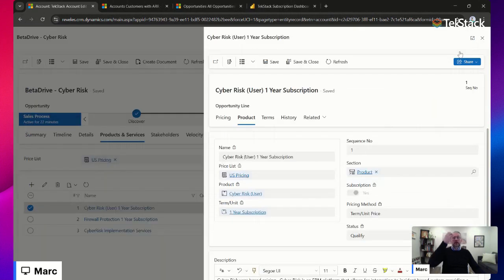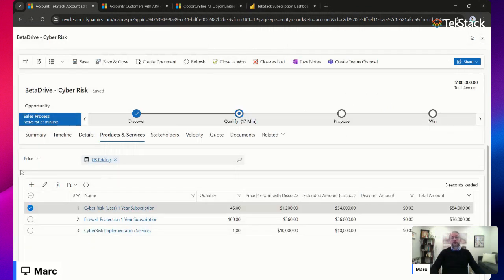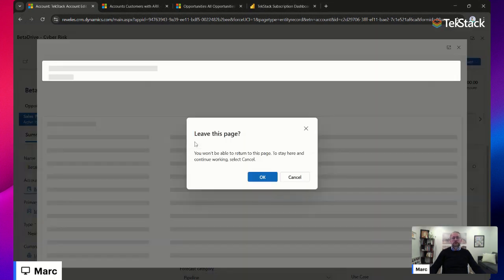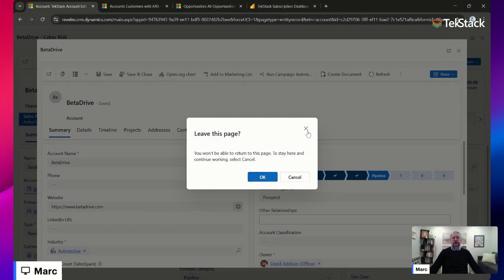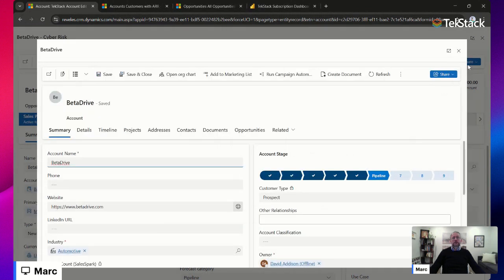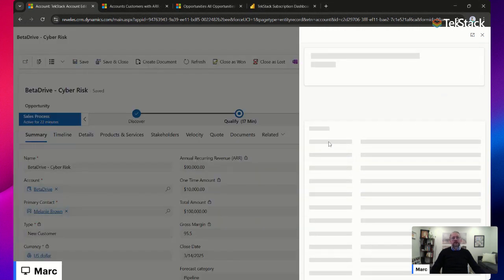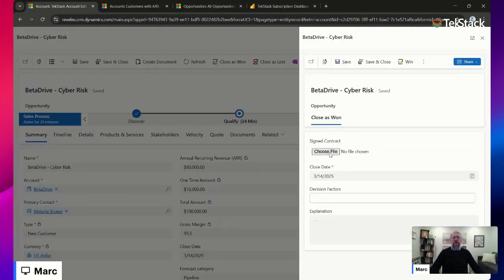And we're back to the opportunity. And I'll remind you that this customer, if we were to look up the customer record again, is a prospect and pipeline. Cool. So what I'm going to do is close the opportunity. And so the behavior you would expect is that the prospect will become a customer. So I can upload a contract here. I won't bother with any of that.